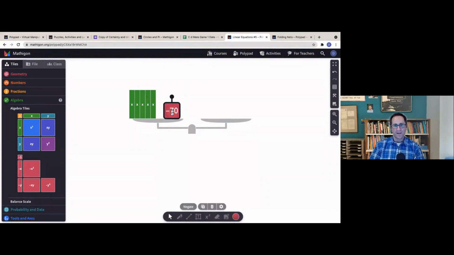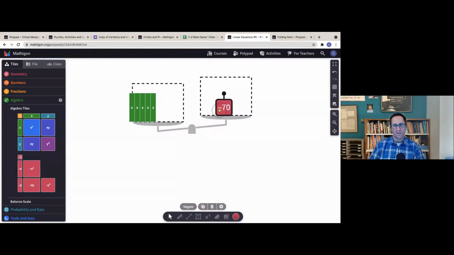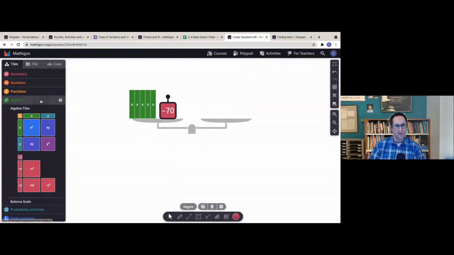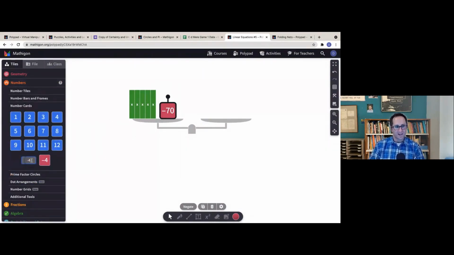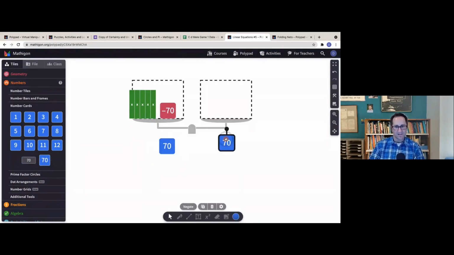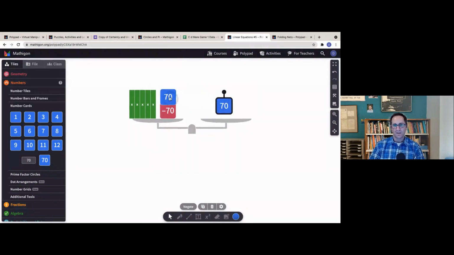And again, I can put those on top and make a 0 pair, and those go away. Now that's negative 70. Students are tempted here to do this. That didn't balance the scale, right? When I move the 70 over, it doesn't automatically become positive 70. Students need to go through the process of thinking, what do I need to do here so that negative 70 becomes a 0? Well, let's put a 70 on each side of the scale. And that visual of whether the scale is being balanced or not, I think is really powerful for kids.